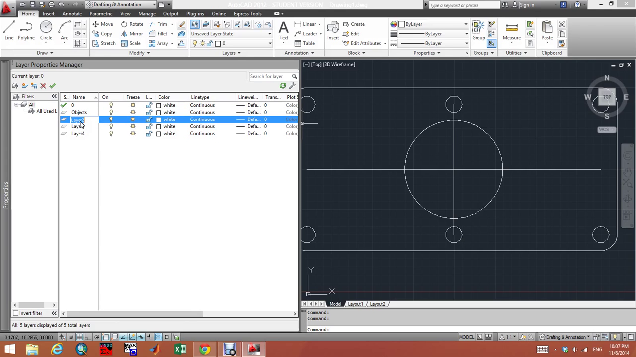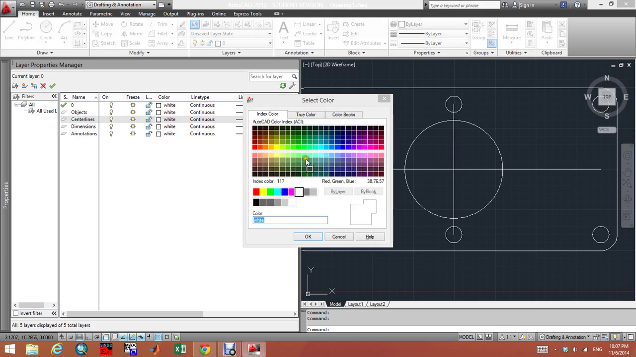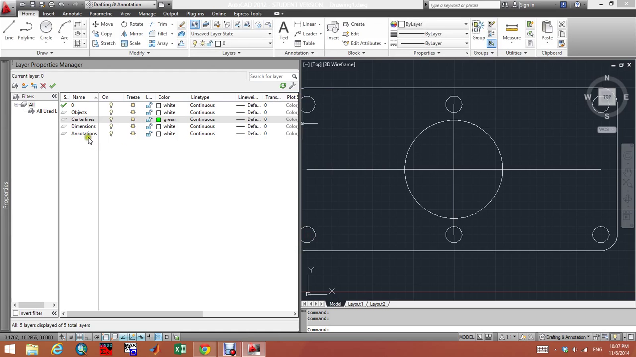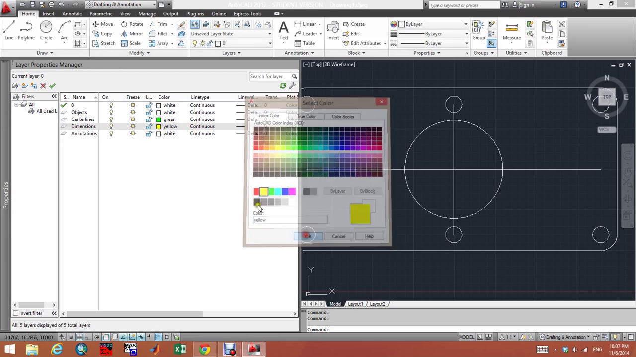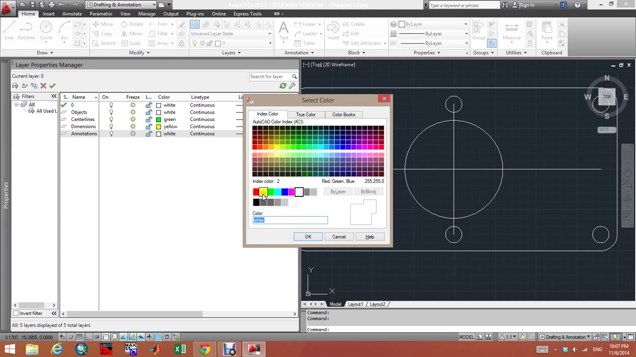Second layer I'm gonna call it center lines. The third layer I'm gonna call it dimensions. And the fourth layer I'm gonna call it annotations. Okay. So here in the object, I'm gonna keep all those properties, but in the center line, I'm gonna change it from white to gray, and dimension, I'm gonna change it from white to yellow, and from the annotation, we're gonna change it to